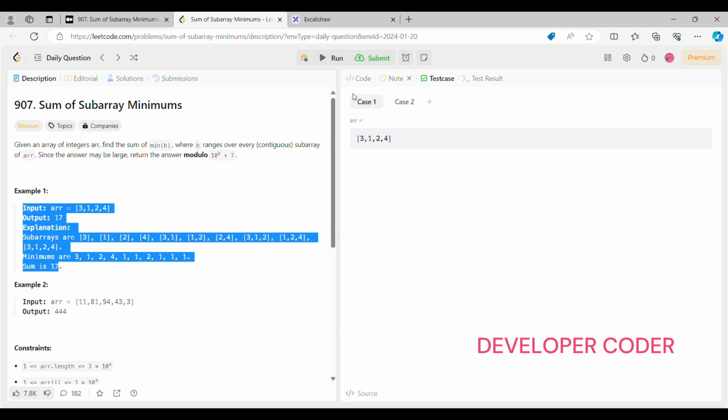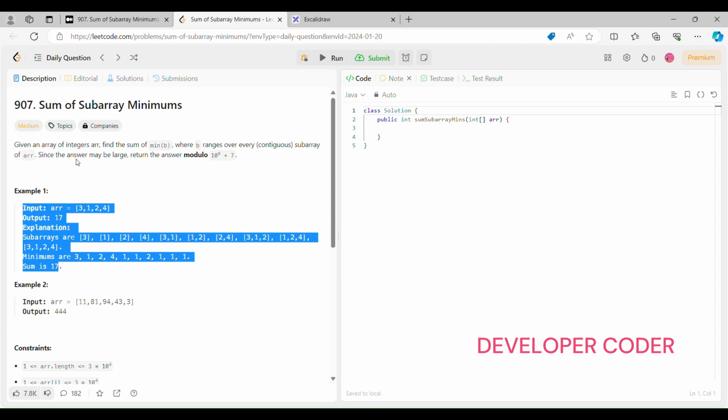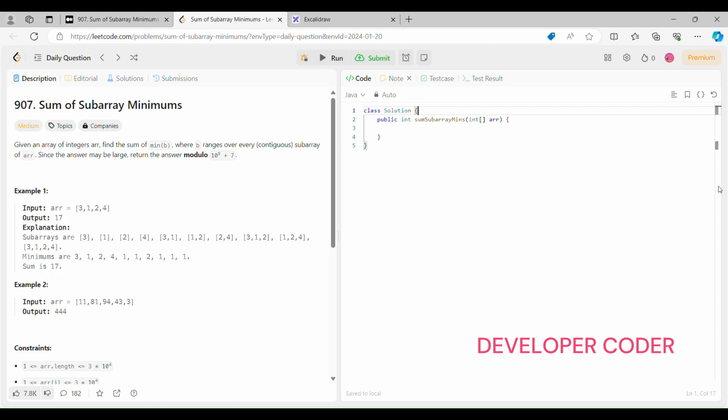Okay, so to solve this problem, first see here our answer could be large, so for that we have to return the answer modulo 10 raised to power 9 plus 7. So just write here static int mod is equal to 1e9 plus 7. Okay, now let's create one variable n, and in this we are going to store the length of our array,